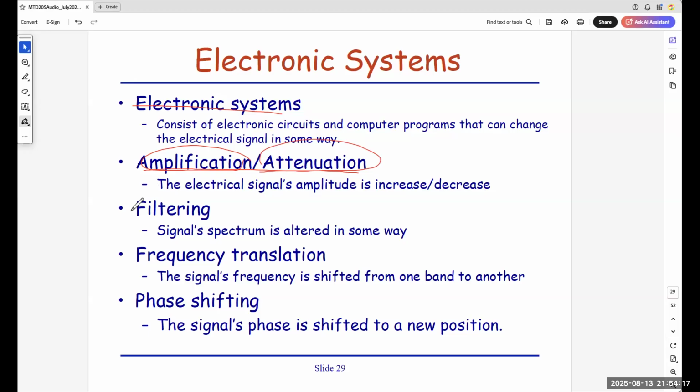Then filtering is something I always mention: I want to filter some frequency components. Because a female voice is high frequency, I remove some components and it becomes a male frequency. Or I want to add some more frequency components to become an animal frequency. This can be done. This is what we call filtering.